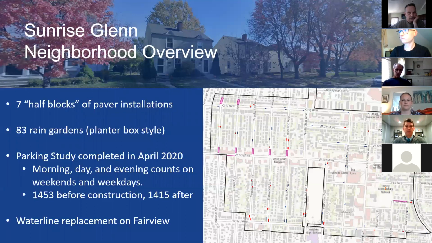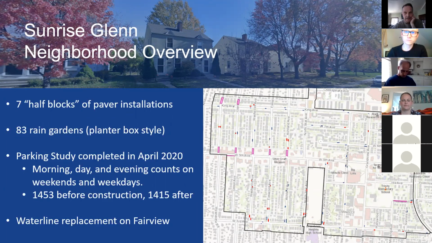And with that, I'm going to turn it back over to Nick. Okay, thanks, Patrick. Similarly, we also have 7.5 blocks of the permeable pavement. We were able to get approval of our plans for some shorter runs of installations up on King Avenue and 5th Avenue, basically just to the nearest alley north of 5th and King. But what that results in too is some additional rain gardens scattered throughout the entire project area, because we're not as constrained as the Edge Hill Meadow project area was with some of the commercial properties and the limited amount of right-of-way. We also are installing the planter box style, which Patrick showed in his renderings, and we'll see on the next slide for ours,